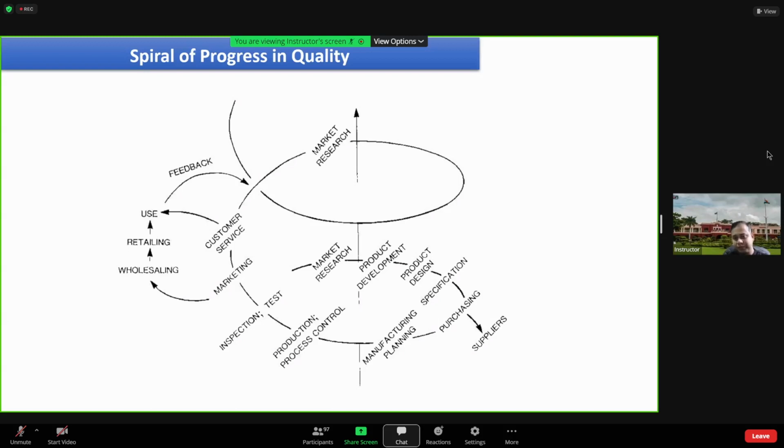We require transactions, or we require interaction with other supporting units also. That might be external to the organization also. So there needs to be a number of tasks performed in order to achieve the goal of quality management that we have set, or in order to achieve the fitness of use goal that we have set.